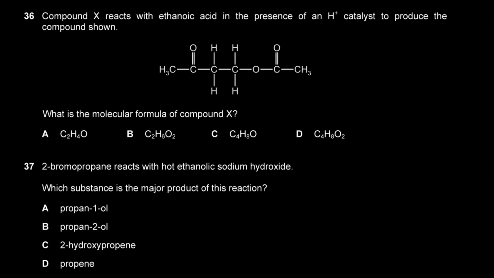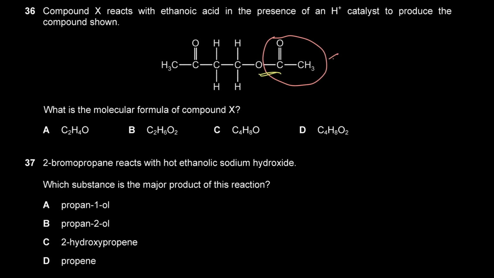Compound X reacts with ethanoic acid in the presence of an H plus catalyst, okay, that's basically acid, to produce the compound shown. What is the molecular formula of compound X? Now this is the product of the reaction between compound X and ethanoic acid, right? And we can clearly see that this part over here came from the ethanoic acid, right? Because we have an ester linkage here. So the product here is an ester linkage, right? And this guy came from the ethanoic acid, right? So this came from the ethanoic acid,